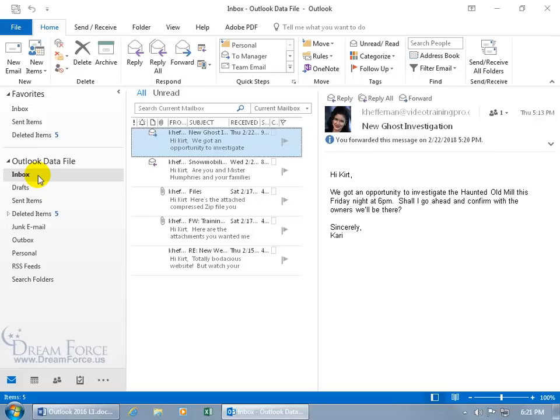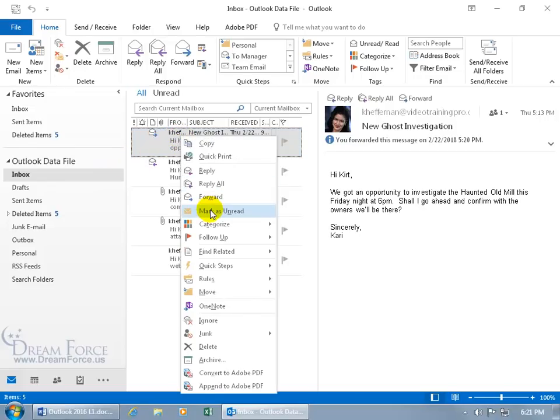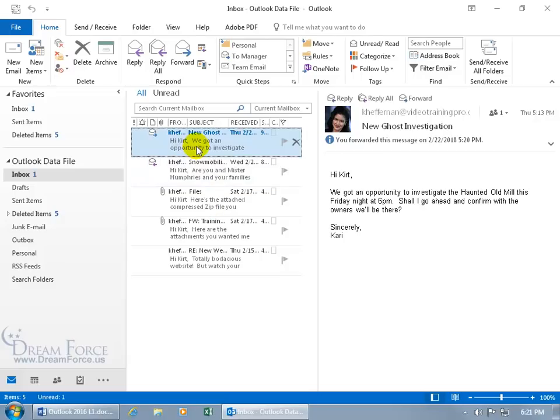Now, if you're like, oh, rats, I didn't really read it. I just glanced over it. And later on, I want to be able to look at my inbox and go, oh, yeah, I didn't really read that message. You can actually right-click on it and go back and mark it as being unread. And it's back to being in bold. And then the inbox has one message that you haven't read yet. Well, you actually did when you opened it up, but you can go ahead and mark it back as being unread. So that way you get a flag to say, okay, now when I have time, I'll reread this again